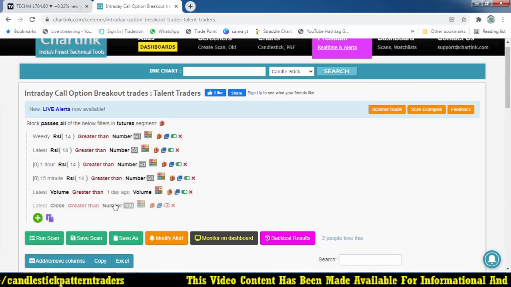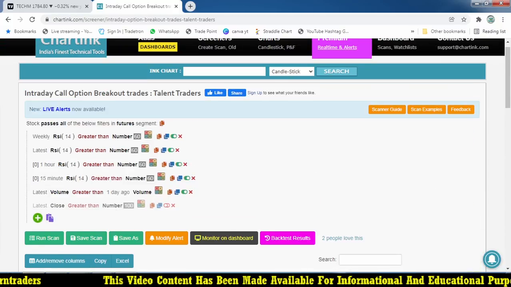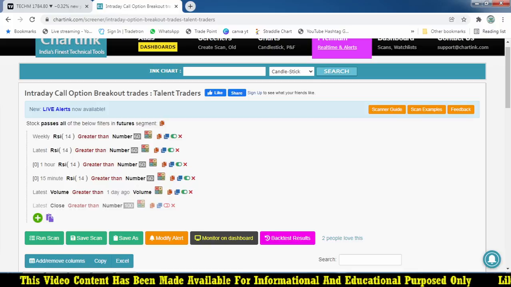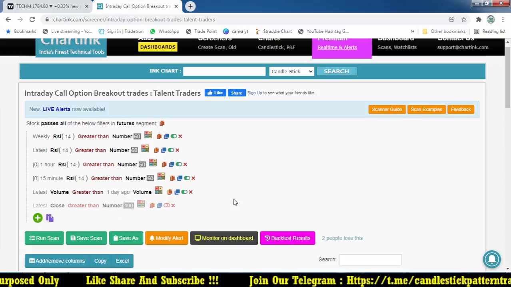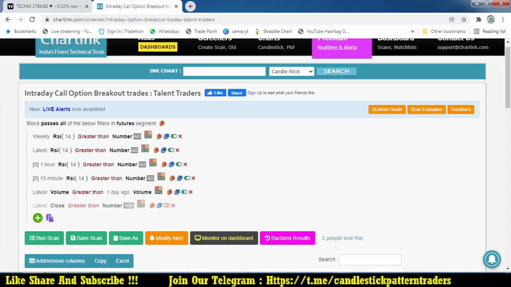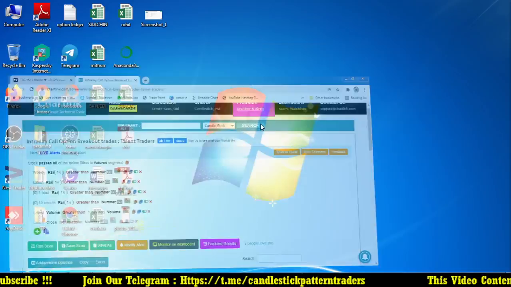Volume, if you want to use that volume factor, you can use it, or else you can remove the volume factor and use it directly without any volume conditions, right? So this is another one where we are going to look. Now the first stock as per our scan is LTTS at